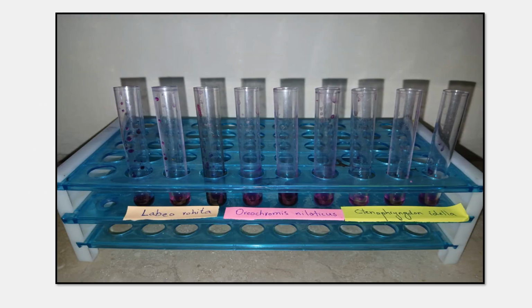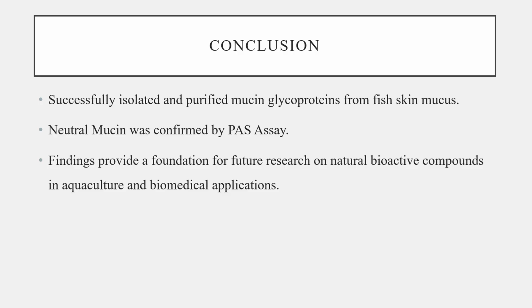Here is a sample on which the PSSA was performed, and the magenta color of these samples shows that all these three fish species have glycoprotein, and this glycoprotein is a mucin, and in this mucin it's not acidic. This color shows that it is a neutral mucin. And the conclusion of this study is that we have successfully isolated and verified the mucin glycoprotein from